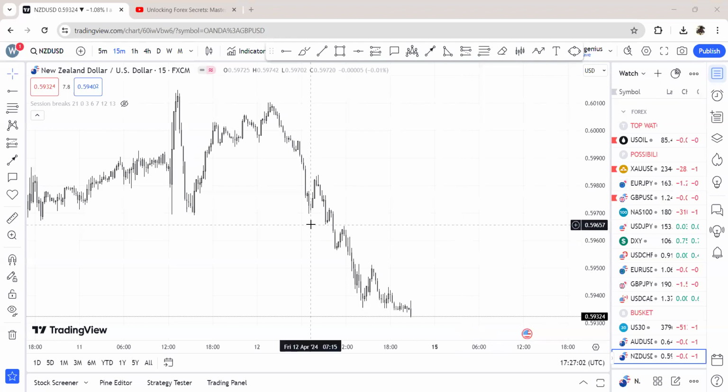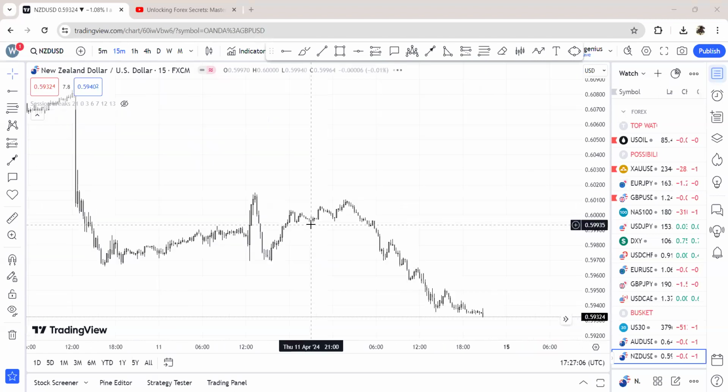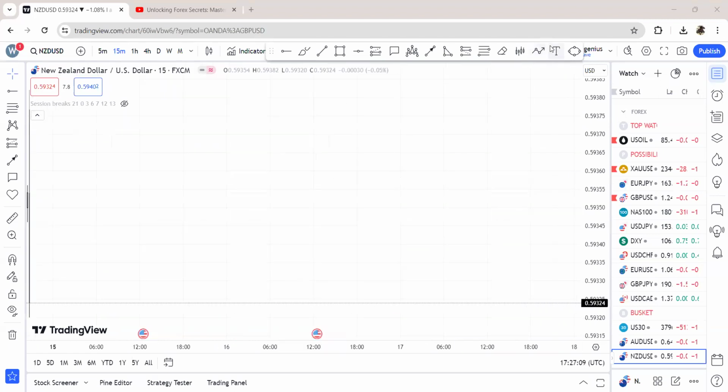Okay, so here what we want to look at is fair value gaps. Now I'll start by defining what fair value gaps are. Fair value gaps simply are inefficiencies or imbalances formed in the market. So whenever you have